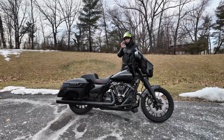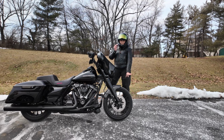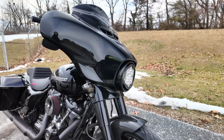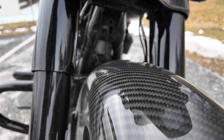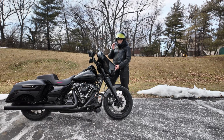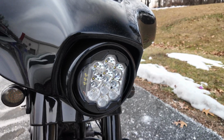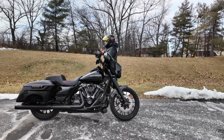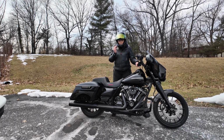Starting off at the front, most noticeably, that 23-inch wheel is gone. I went back to a stock 19-inch wheel, and we threw on the chopped carbon fiber fender from Hogworks. Beautiful product. Also threw on the Hogworks Performance Silvertooth LED headlight, which really sets off the face of this thing. Moving towards the middle, I have the chopped Hogworks engine guard,